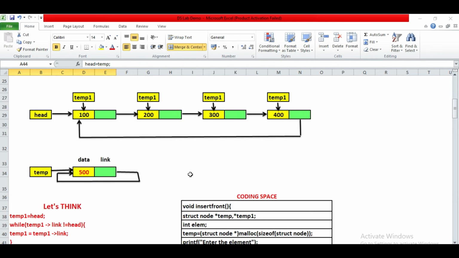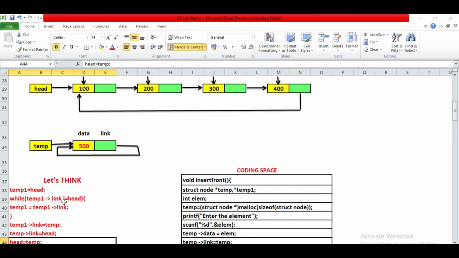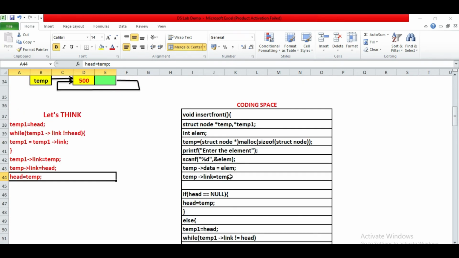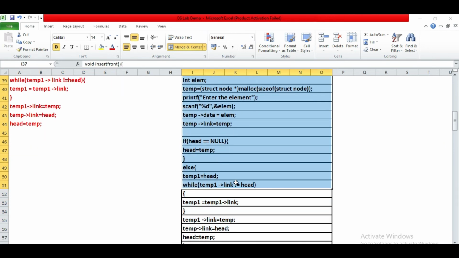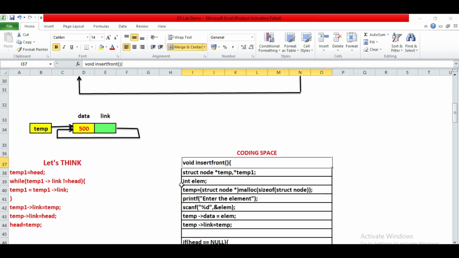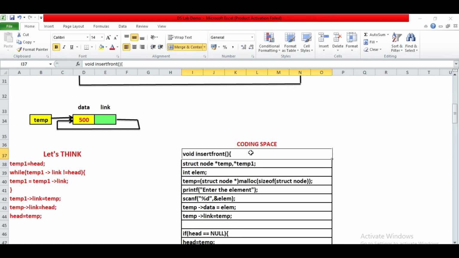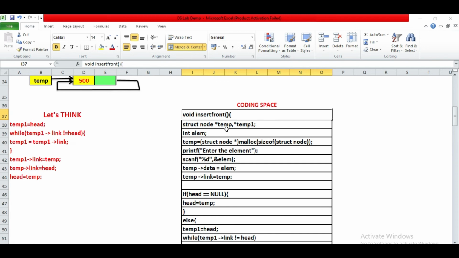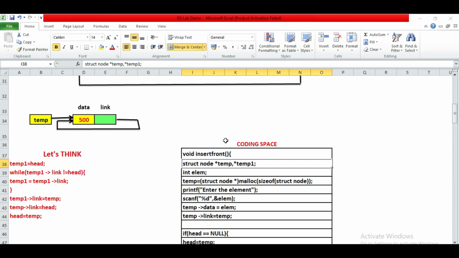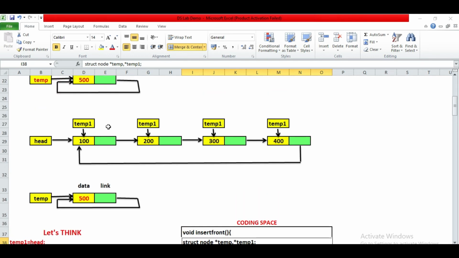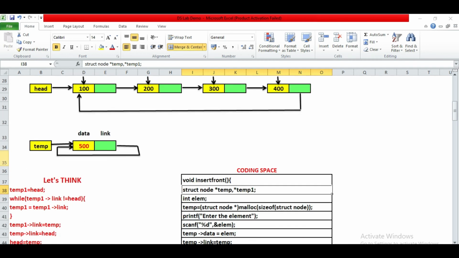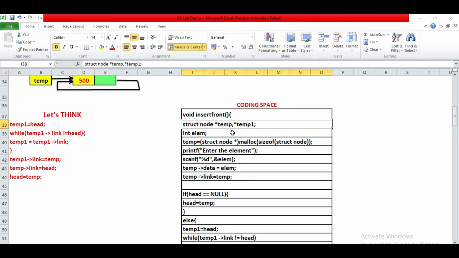When we write this code, it will insert your node at the front of the linked list. In this coding space, we have written the entire function together. It's already written, so I'm not going to write it, but I'll explain it. We have the function named insert front, and two pointers: temp, from which you make a new node, and temp1, which is used to point to the last node and then include this node as the first node.